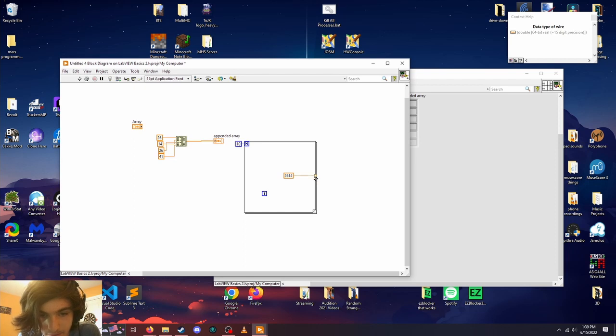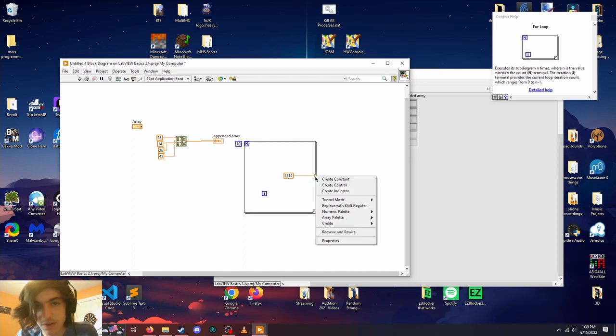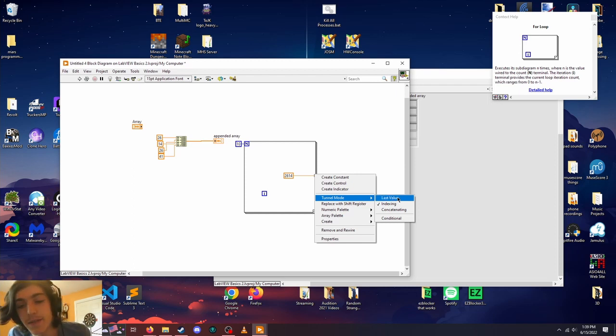Whenever you pass out this number, you see that there's this thing called an auto index tunnel. There's a few different options here for whenever you pass a number out of a loop. If you look at tunnel mode, there's the last value, which basically just passes out the last value that comes out of that block. There's indexing, which creates an array of all of the values that get passed out of the loop. And then concatenating is more for strings,